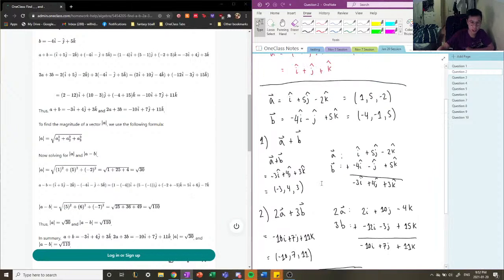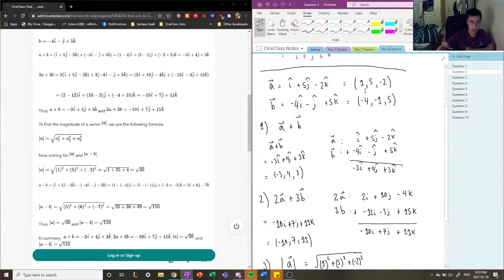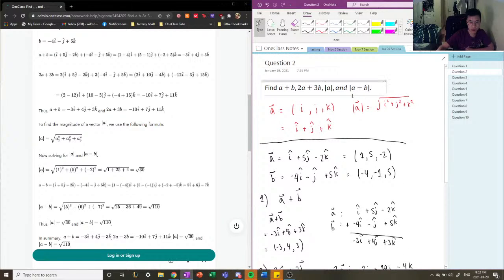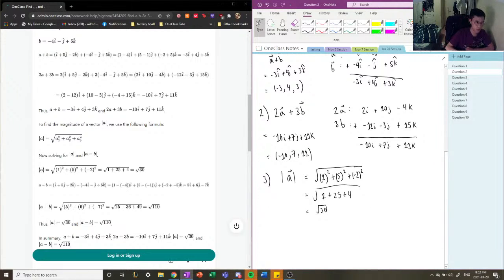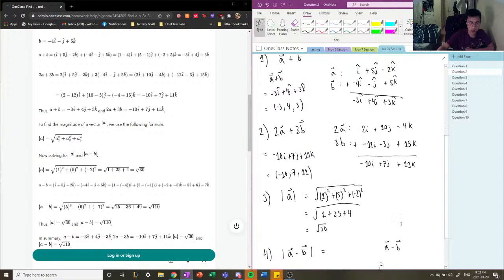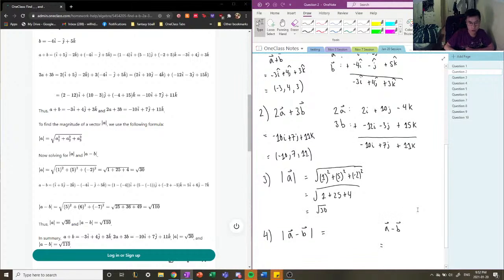Now, the final question asks us to calculate the magnitude of A minus B. In vector mathematics, you want to calculate the subtraction of the vectors before you calculate the magnitude. So that's what we're going to do. First, we're going to calculate the subtraction of these two vectors. On the side here, A minus B is going to equal,